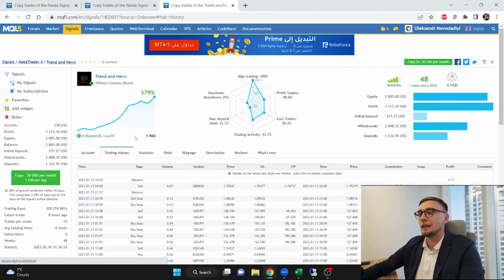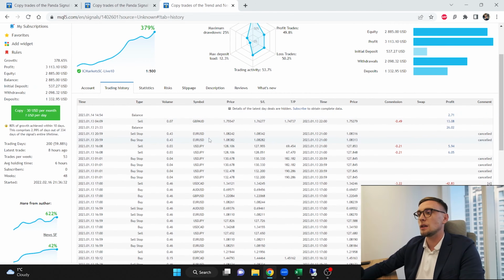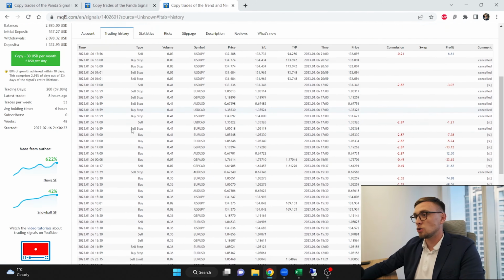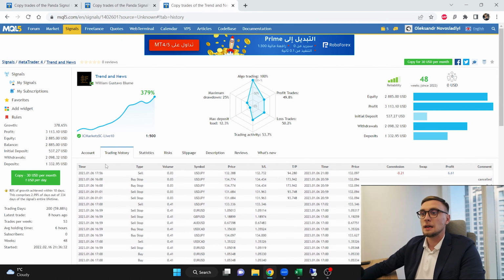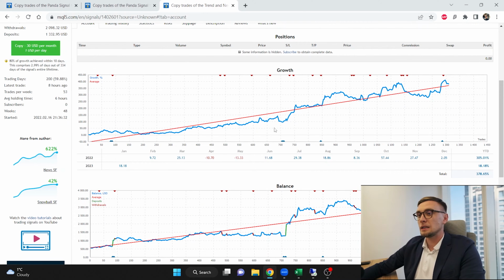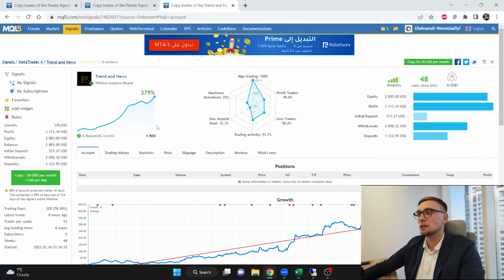We need to pay attention, in the end, to the ratio between the stop loss and the take profit. Like we can see there, of course there are some minuses, like 50%, minus $30, minus 69, but sometimes you can get a big profit like here, $134, 74, 68. So I like these results, I like them a lot, and even in January he already made 18%. So this is the second signal that I recommend.